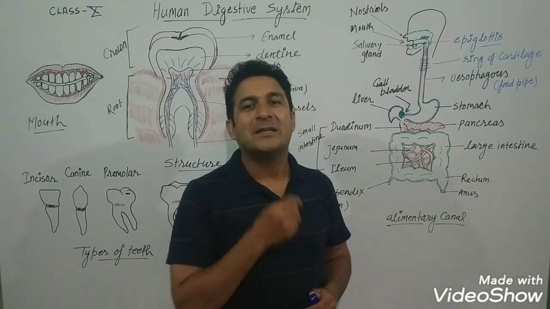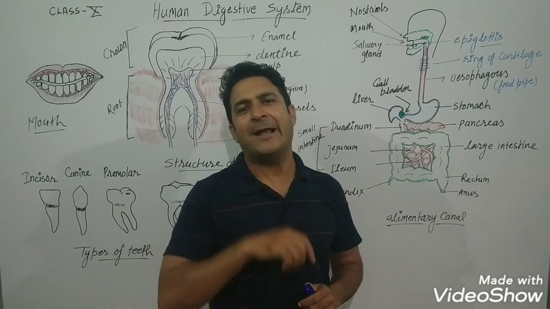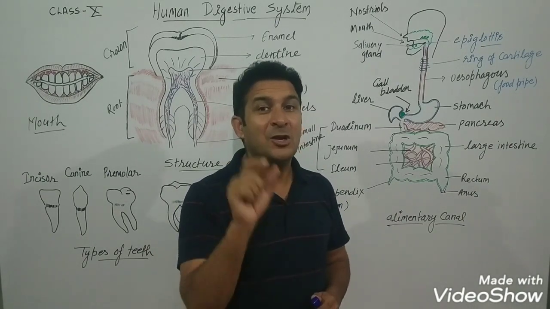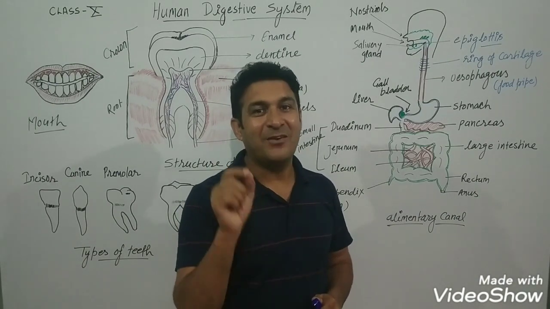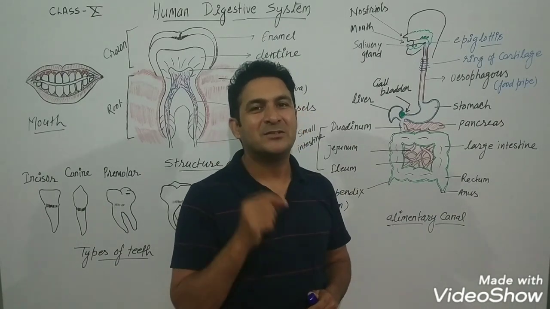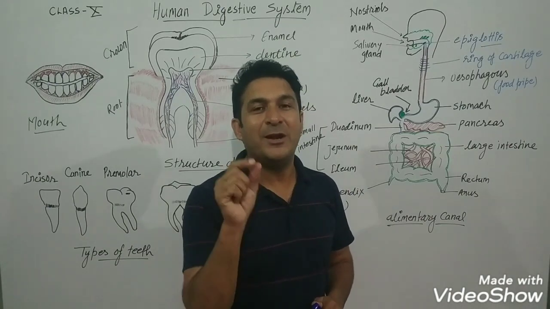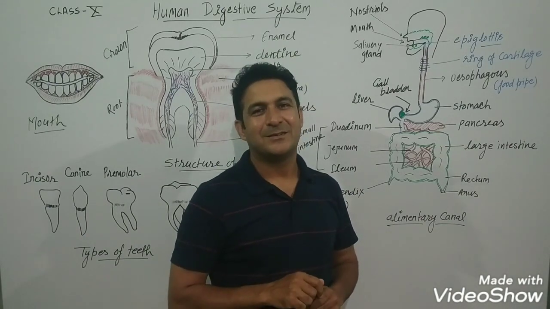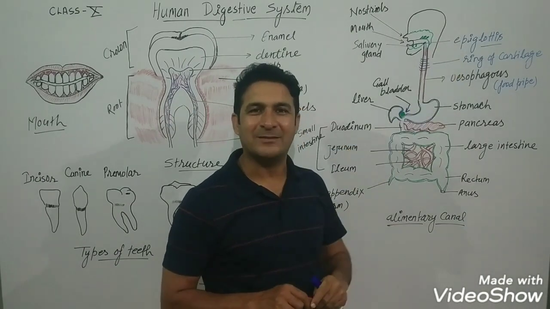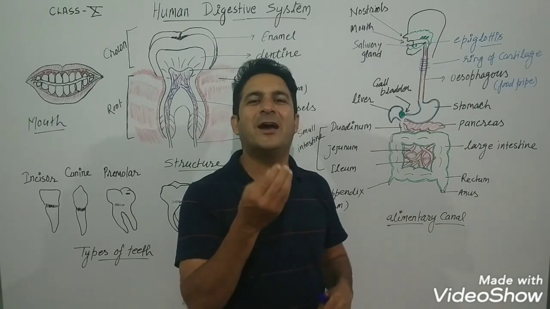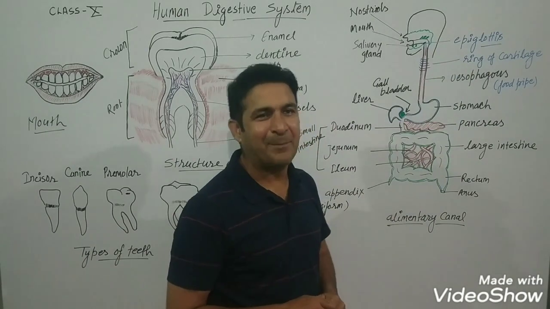We know it very well: the windpipe develops only to take breath. Air can enter here, but the windpipe is not developed to take in food particles. If by chance food particles reach the windpipe, we feel difficulty. So the windpipe should be protected from the entry of food, and this function is done by the epiglottis. It protects the windpipe when we eat food. So this is the function of the epiglottis.